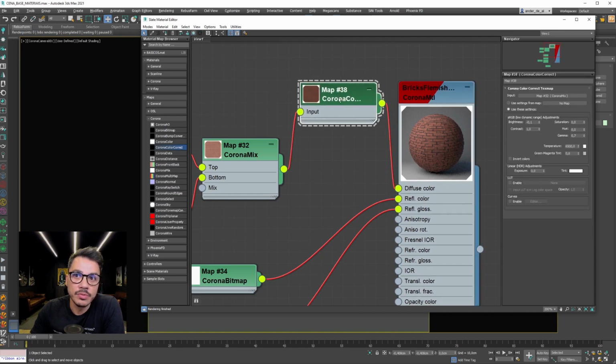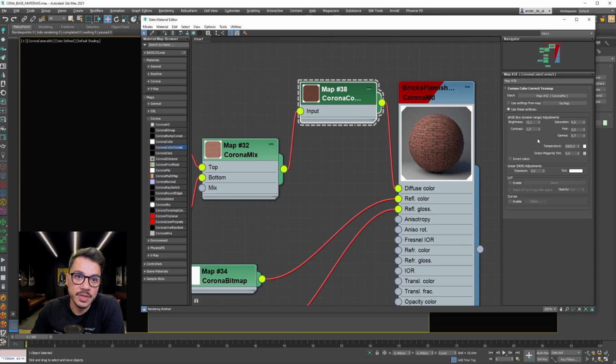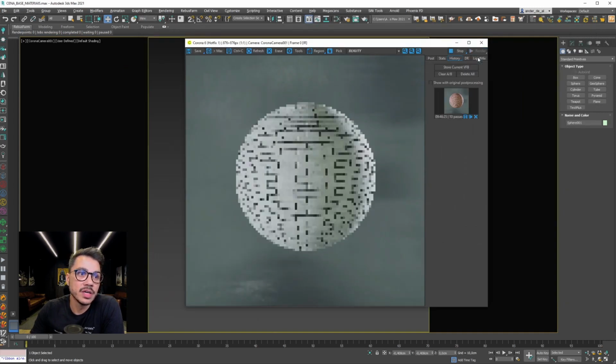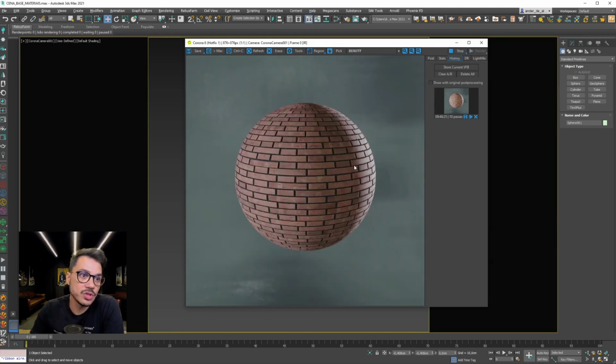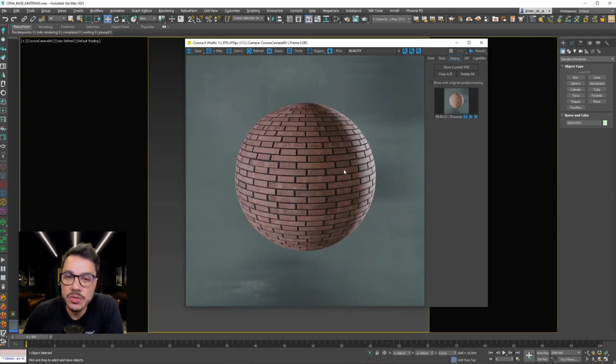Go back to Corona Color Correction. Let's say I want to change contrast. It's not changing that much. But we can increase to 2. Saturation, I think it's too saturated. I will change a little to 0.2. And now, when we preview it, I can see another kind of brick, using maps and using color correction. That's very cool. If I want to have more brightness,